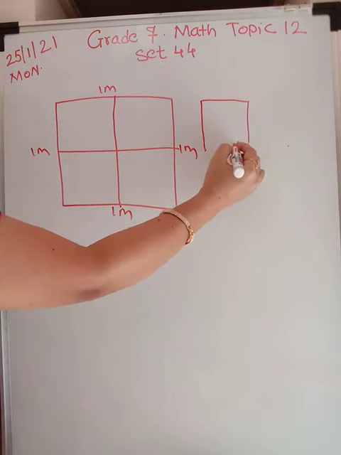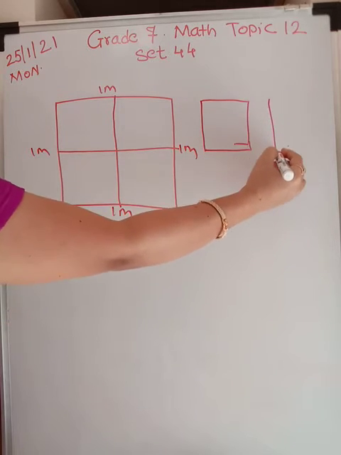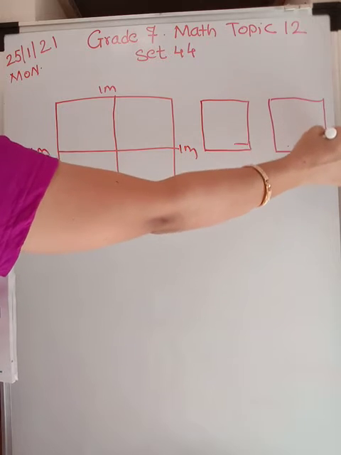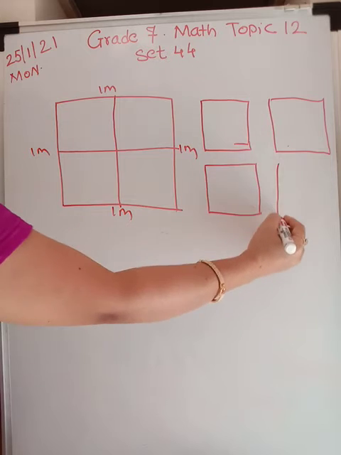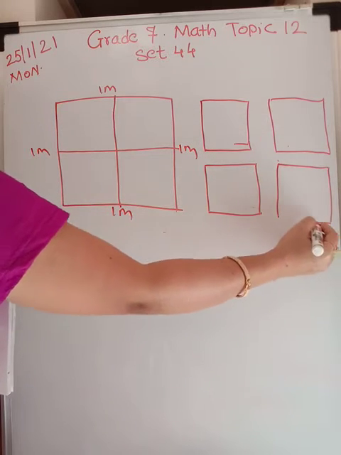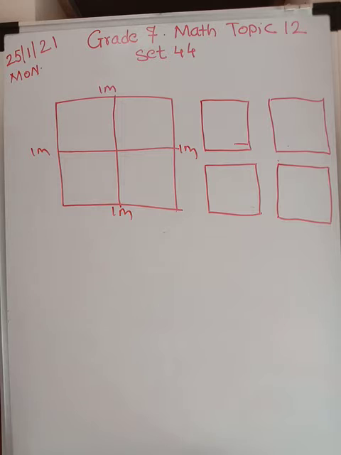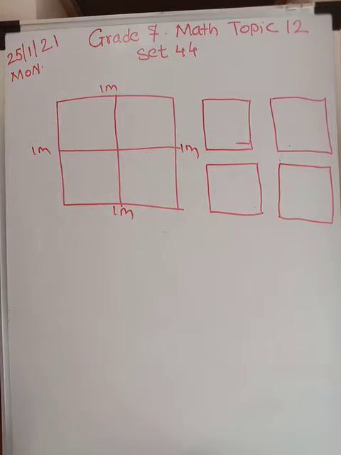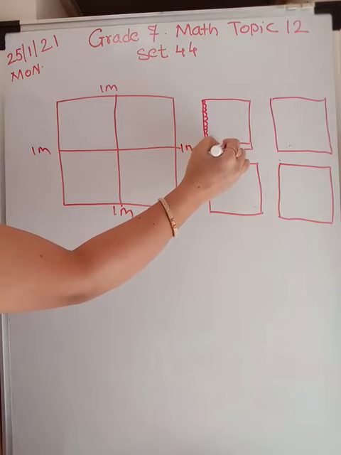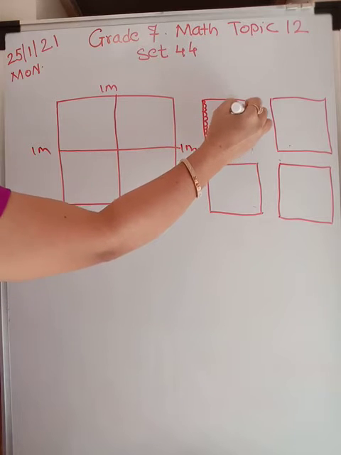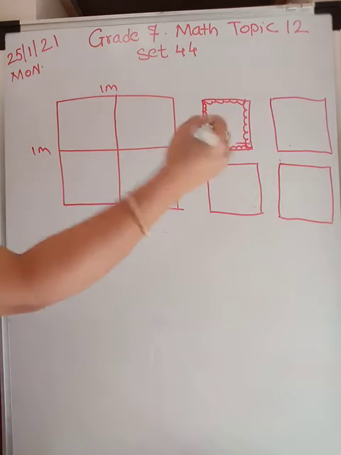This is first napkin. Okay. This is second napkin. This is third napkin. This is a freehand drawing, so my shape will not look like a square. And this is fourth napkin. Alright. Now, what length of lace will be required to trim all 4 sides of all the napkins? You are going to trim it or put a lace over there. So I am going to put a lace here like this. Are you understanding me? Here also, and here also. And this goes for all the 4.